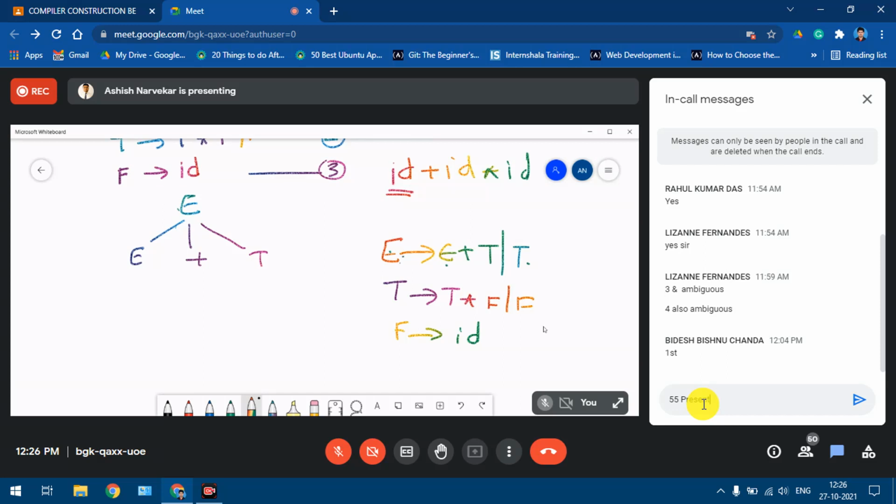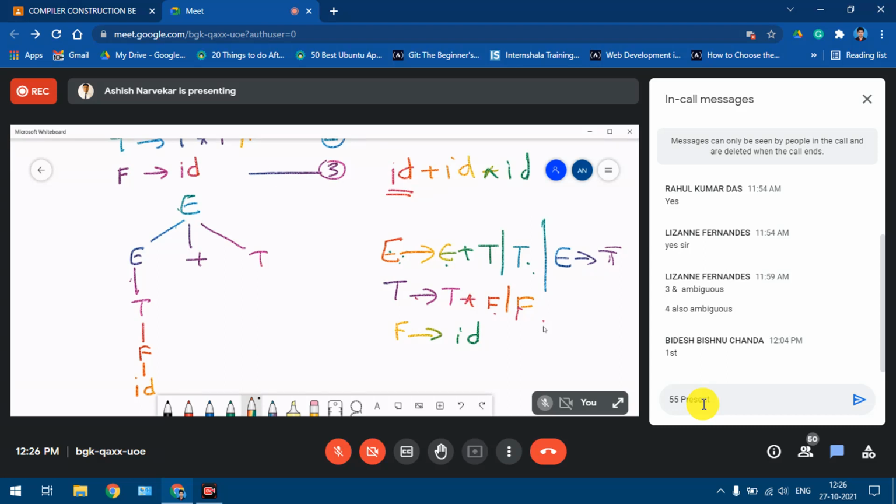So what I can do is from E I can go to T. I can use this production, which is nothing but E derives T. I'm just rewriting it here. T further derives F, and from F we get to id. Okay. So having done this, we move to the right, to the next symbol. The next non-terminal over here is T.